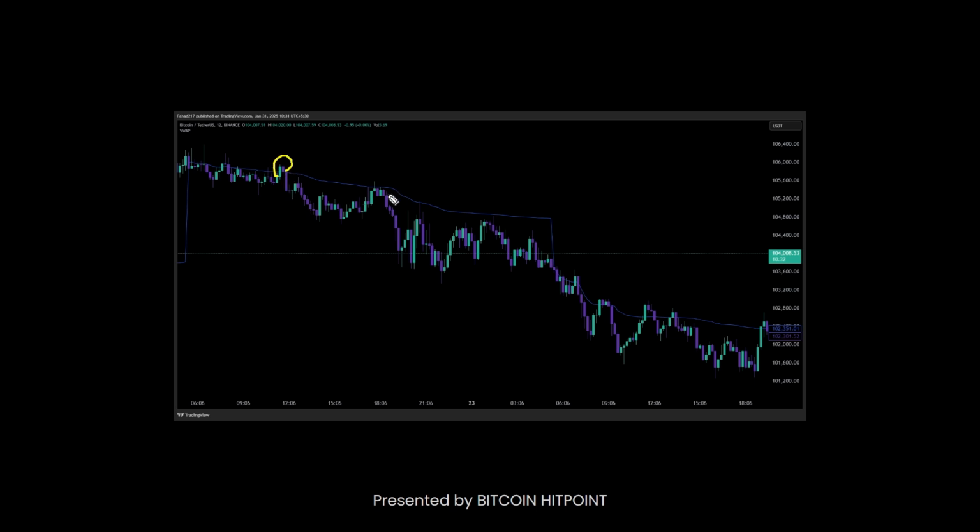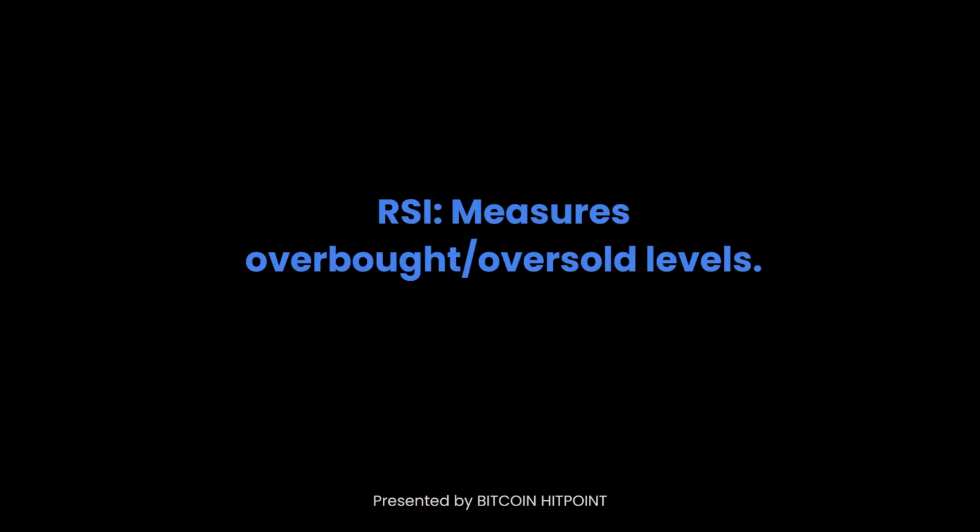So you've got some pretty good shorting opportunities in a downtrend market. You can literally be shorting every time you hit VWAP and look for some great trades. The next indicator, which I would say is very popular as of now, is RSI. It measures overbought or oversold levels, and if you are able to use it accurately,